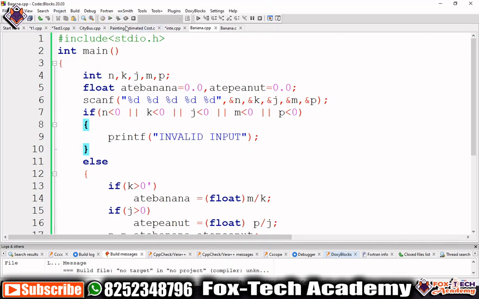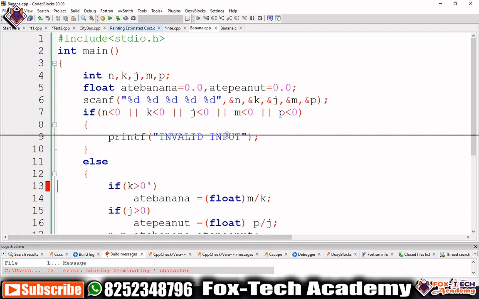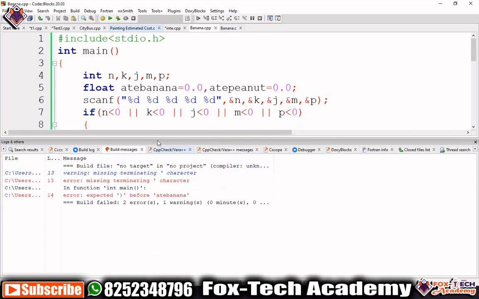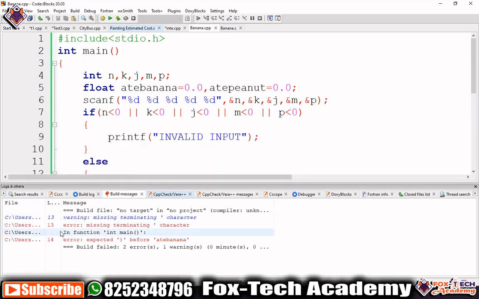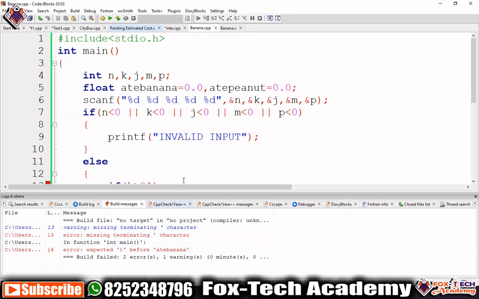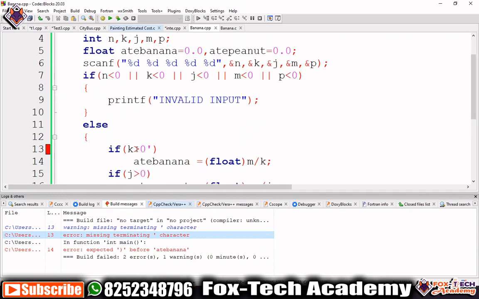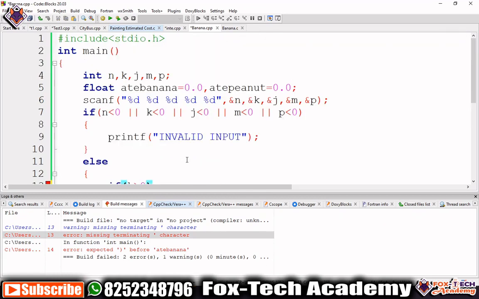So let's run this program. After running, we can find the error, and in the error they also clearly mention, if you see, line number 13, 14, somewhere we have made a mistake. If we go near line number 13, they mention a missing terminator character, single quotes. If you see line number 13 here, you can easily figure out that we have made one mistake. So it is a very basic problem of finding an error.